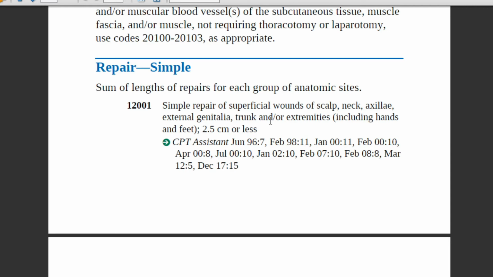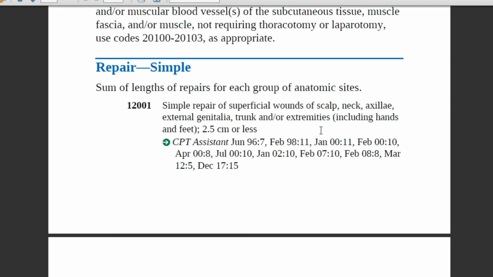Let me explain how the procedure happens. Suppose the patient is injured with lacerations on the scalp and feet. The physician will suture the superficial wounds of scalp 2 centimeters and feet 5 centimeters. This is the diameter we will mention in the medical record of the patient.